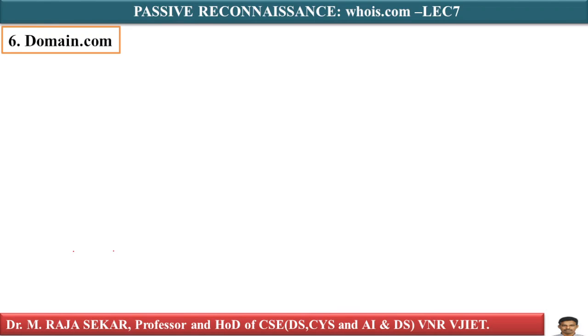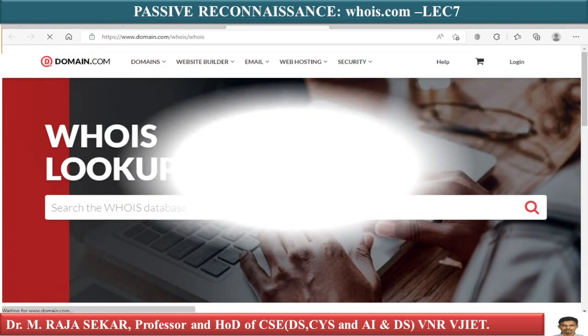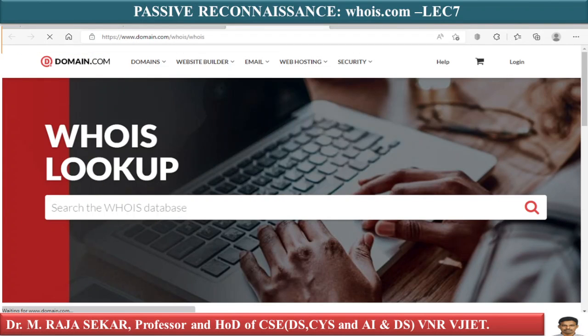Domainname.com is a full-featured domain name registrar and web hosting company providing a wide range of domain and web hosting services. In addition, it also has a functional WHOIS lookup tool. To use the domainname.com WHOIS lookup tool, go to the link above, enter the domain name into the WHOIS database search bar, click on the search button and check the reCAPTCHA box to prove